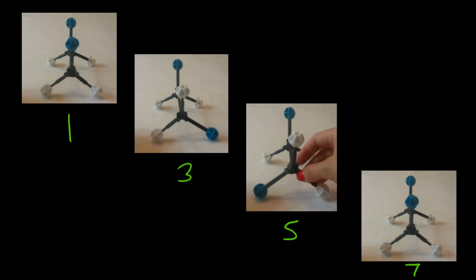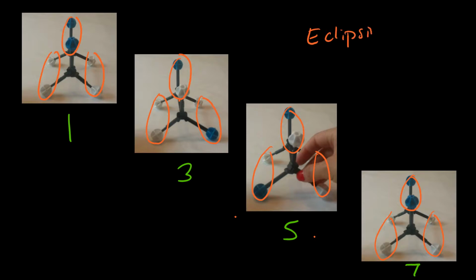And hopefully by now you've been able to pick up on a pattern that's emerging. If you look at the structures that we labeled 1, 3, 5, and 7, you notice that in every one of these, all of the atoms are lined up directly across from one another. And when this happens, we call this interaction eclipsing. We say that these are eclipsing interactions. And what we're looking at here is called the eclipsed. These are eclipsed conformations